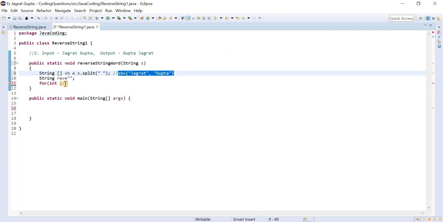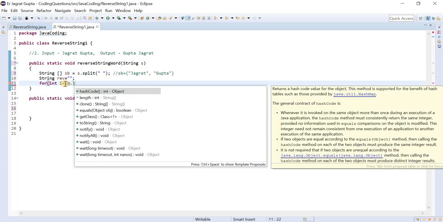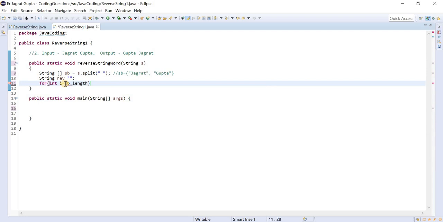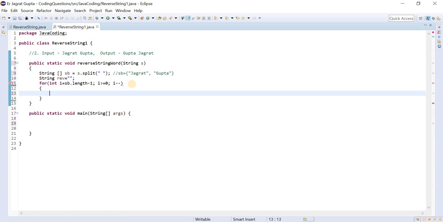So here I will say sb dot, you can see this is the method, length, minus 1, and after that i is greater than or equal to 0 and i minus minus. This was the same thing that we did in the previous video. The difference was that we traversed character by character in the previous video.